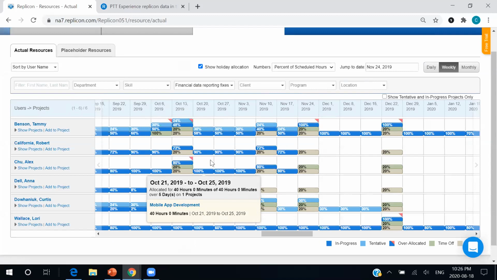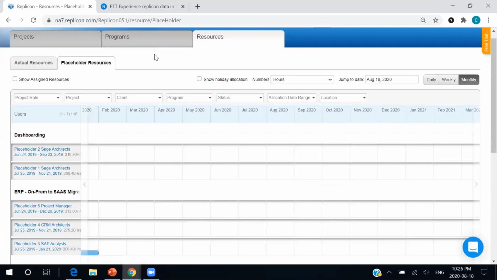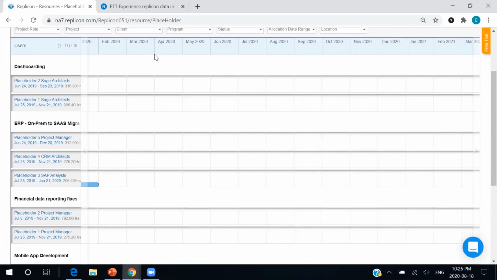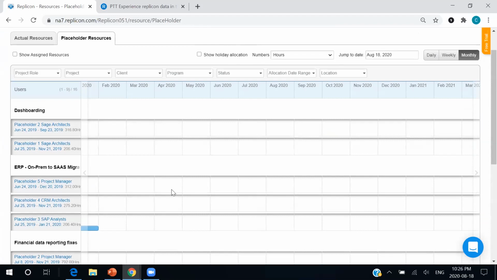But there will be instances when we don't exactly know who we need on a project. Maybe we're in the planning phase and we just want to suss out who and what kind of roles we want on this project. So for that, we have created placeholder resources. Placeholder resources are just like traditional resources. They can be assigned skills, we can assign them hours, and when you're ready to go, you can start slotting these hours into different projects and it will update in real time.